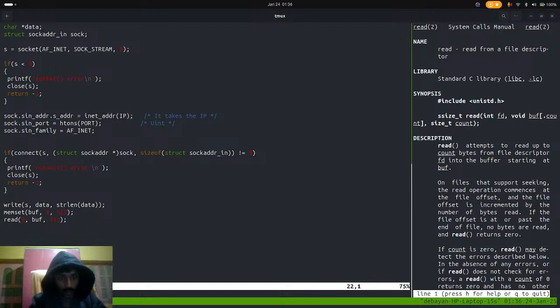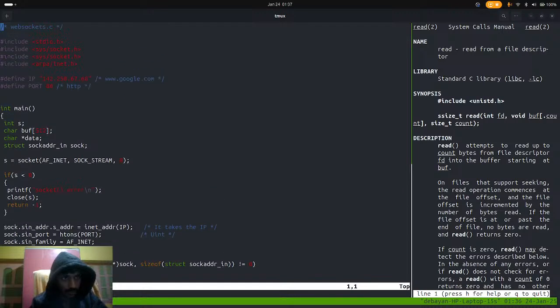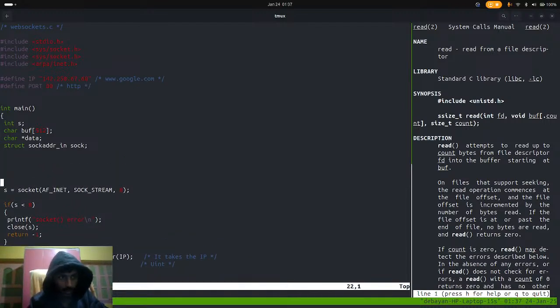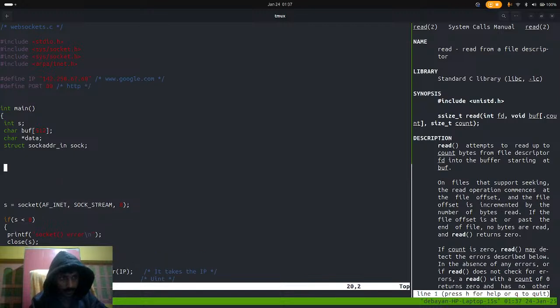Now I haven't set up the data. So what will be the data? The data will be the same thing that I have sent, the HTTP, that one, right? So I think I should do it like here, right? I need a gap. So data is actually a string, HEAD slash HTTP slash 1.0, maybe slash n. I'm not sure that this is the correct format or not, but